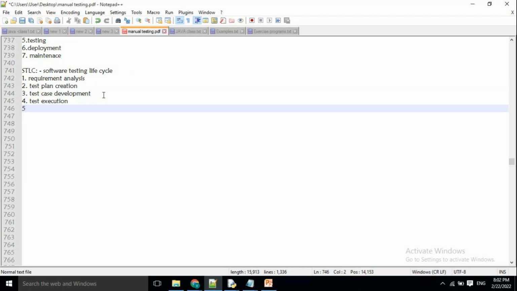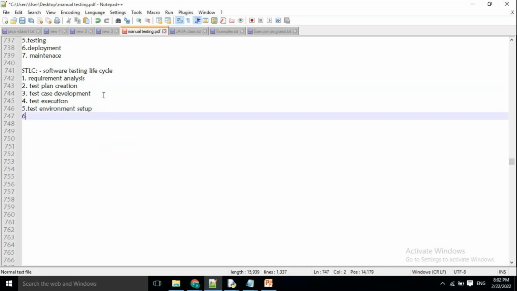Fifth one, test environment setup. Sixth one, test closure. These are the main 6 phases or steps that have to be followed when we want to start testing